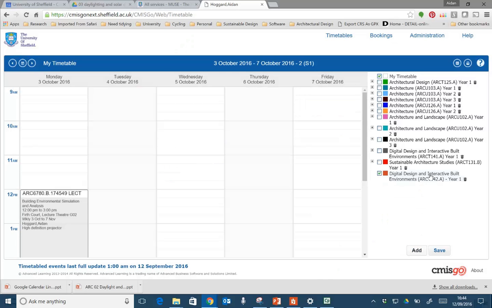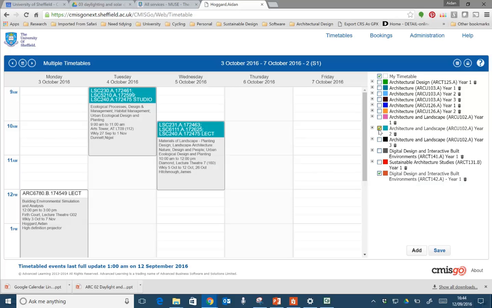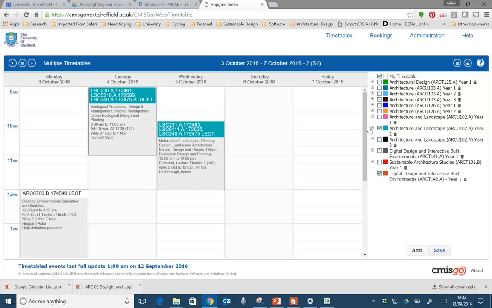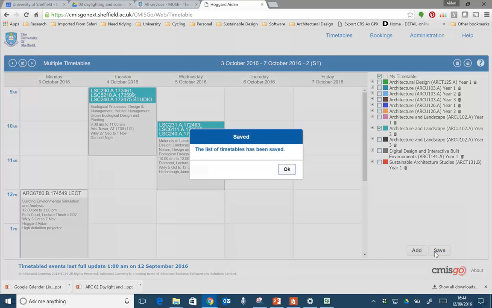Yeah, and if you see there, that program has now been added to my list. You can toggle these on or off, clicking the little tick box here. If you maximize them, you can selectively toggle on or off individual modules within that program. Okay, you can delete them, so I'm just going to add that one that I deleted on the little bin button. You do have to remember to click Save